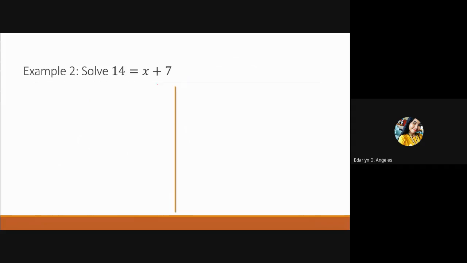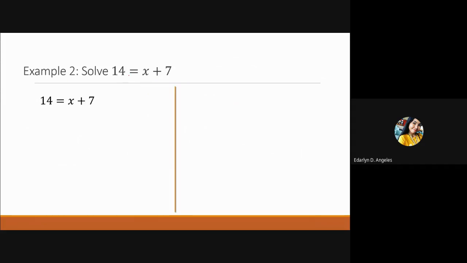Notice here, class, that the variable is on the right side of the equation. We can solve this by isolating the variable on the right side, or we may make use of the symmetric property to interchange the left and the right side of the equation so that the variable is on the left side. Nonetheless, it's okay if the x is on the right or on the left. It doesn't matter, really. Since we have this division, meaning we have two ways for us to solve this equation. Let's have the first method or first way.